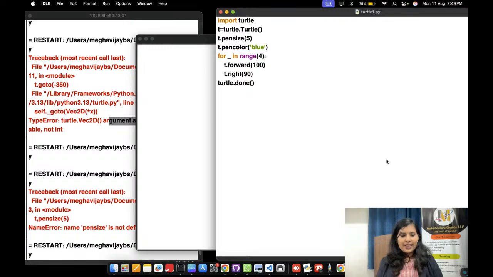Okay. So now let us see the star pattern. For the star pattern, you can observe that it is very simple, we need to change the angle. Here we are having 90 degrees, and how many sides are we having in the star? 5 sides. So I'll make it 5 sides over here, make this a golden color, and forward I'll make it 100 itself. And the angle between the lines in the star is 144. So I'll just keep it as 144